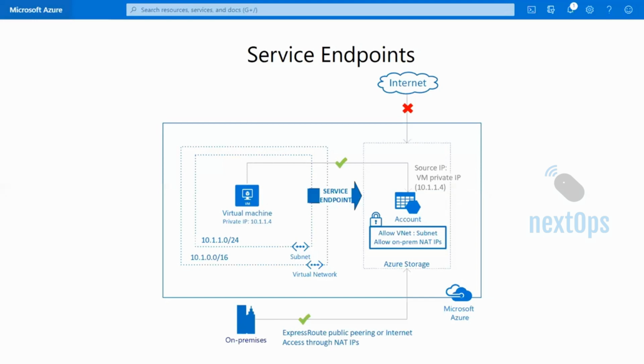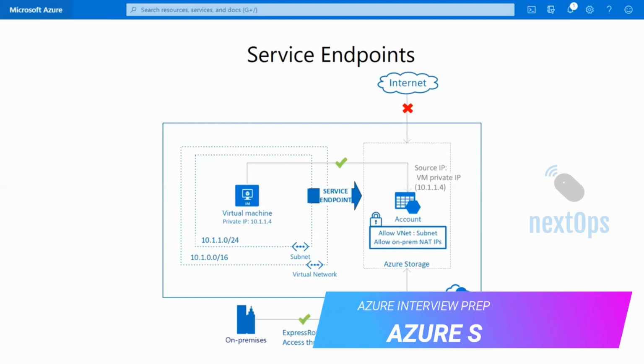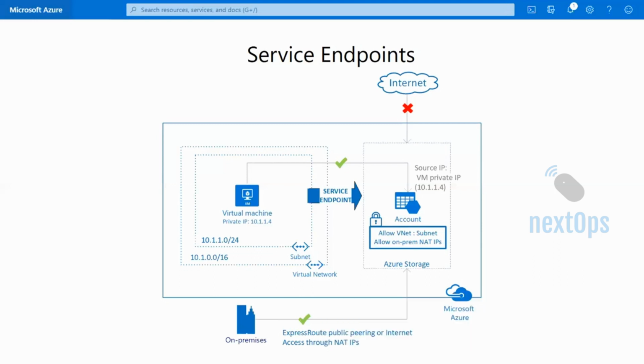So I'm going to place a virtual machine without a public IP inside the private subnet, and we'll try to connect to the storage account within the subscription